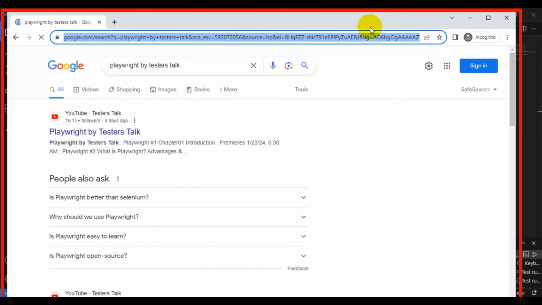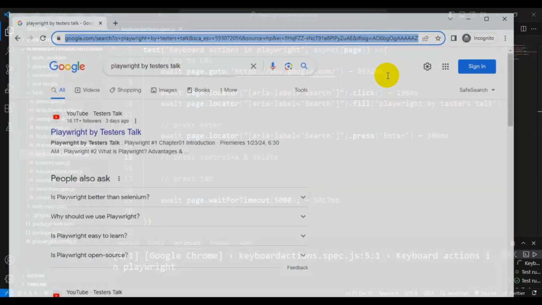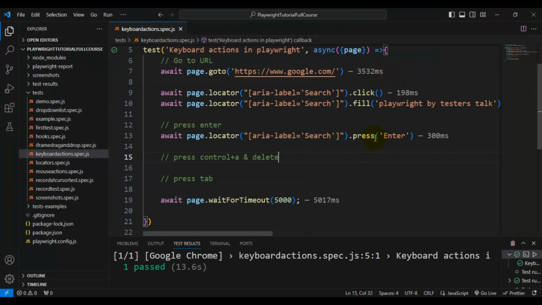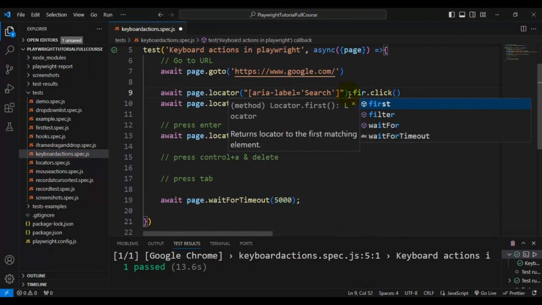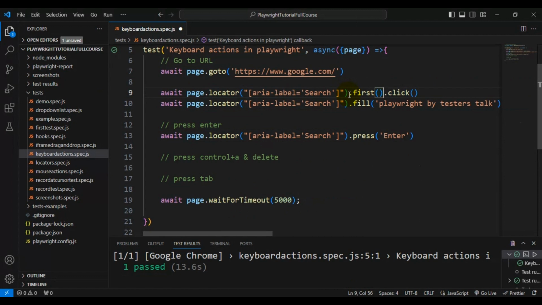If you see the results here, we are able to fetch the results after pressing enter. So here I will be doing a very small modification. After the web element locator value, I'm calling one function called first, and I will do the same thing for line number 10 also, and in line number